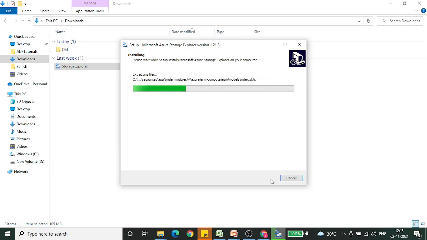We just have to get this configured one time, and the next time we open it, it will automatically fetch all the accounts and subscriptions connected to it. Simply we have to expand our connectors, folders, place the file, download the file, and then we are good to go. So that's it about the Azure platform.